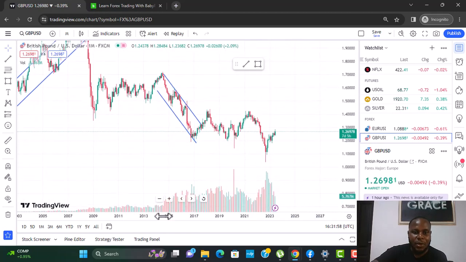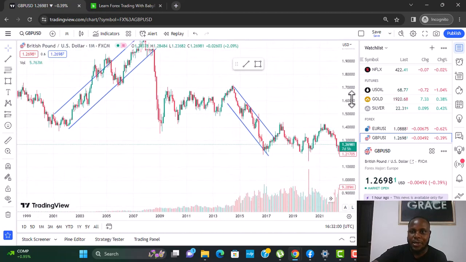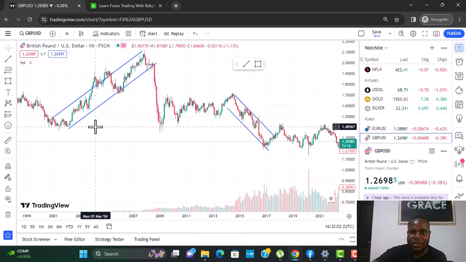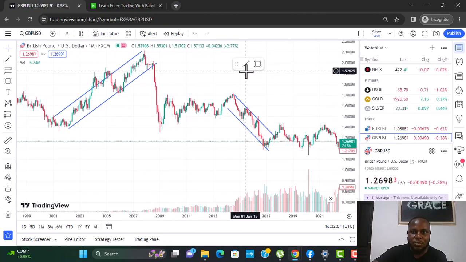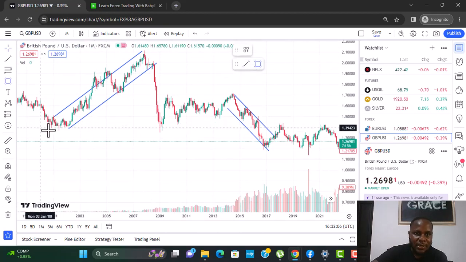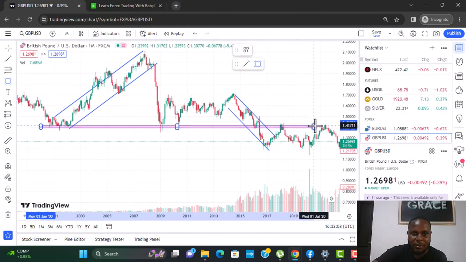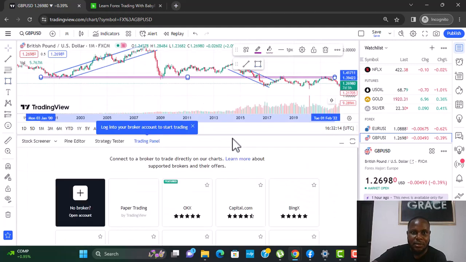Now, if the market fails to break a particular low over time, that becomes a support. So we can analyze that by using our rectangle to pick a rough area where the market is actually,